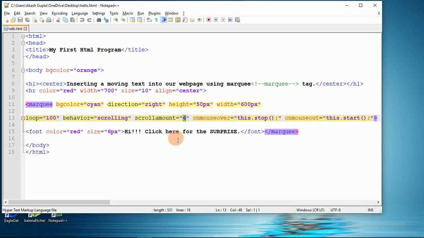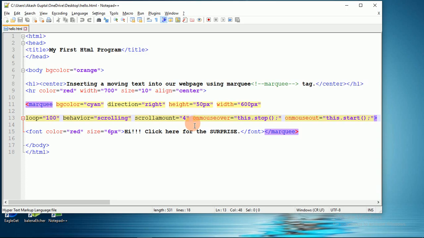Using the scrollamount attribute, you can determine the speed of your marquee text, at what speed you want your text to move in our web page. Clear? Using this attribute the speed can be increased or decreased by mentioning the numbers. As you increase the number, speed will increase. As you decrease the number, speed will also decrease.